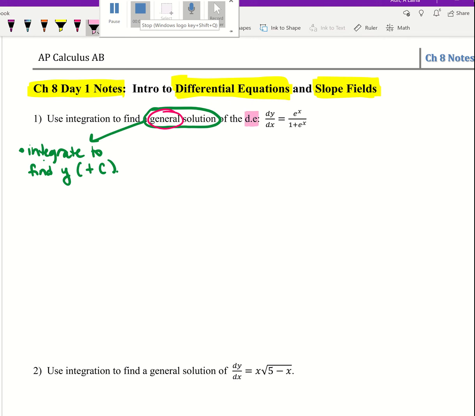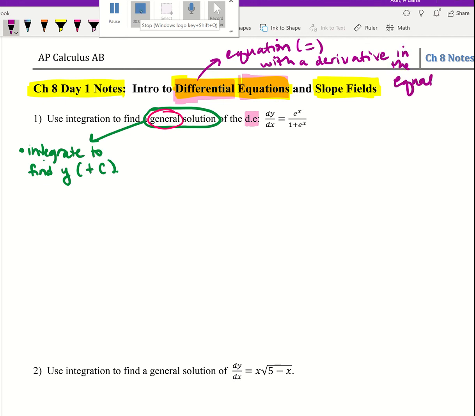The DE here is a notation that can be used as a shortcut for differential equation. A differential equation is an equation with a derivative in it. So an equation has an equal sign, but it will also have a derivative in the equation. So you'll see the notation for a derivative in the equation. You might even have a first derivative and a second derivative. Some people call differential equations diff EQ. There are whole college courses that people will shorten and call diff EQ, if you ever hear someone talk about that. So if I'm starting off with dy over dx, so I know what the derivative of some function is,